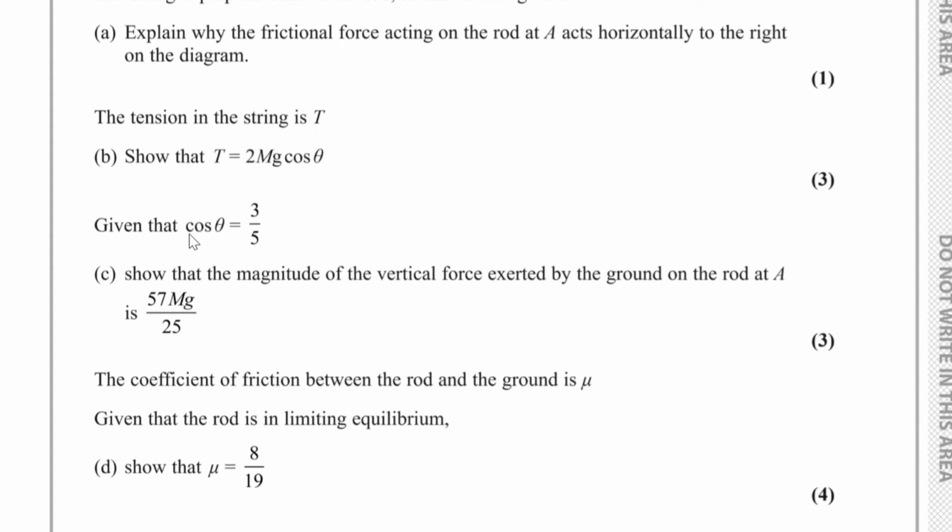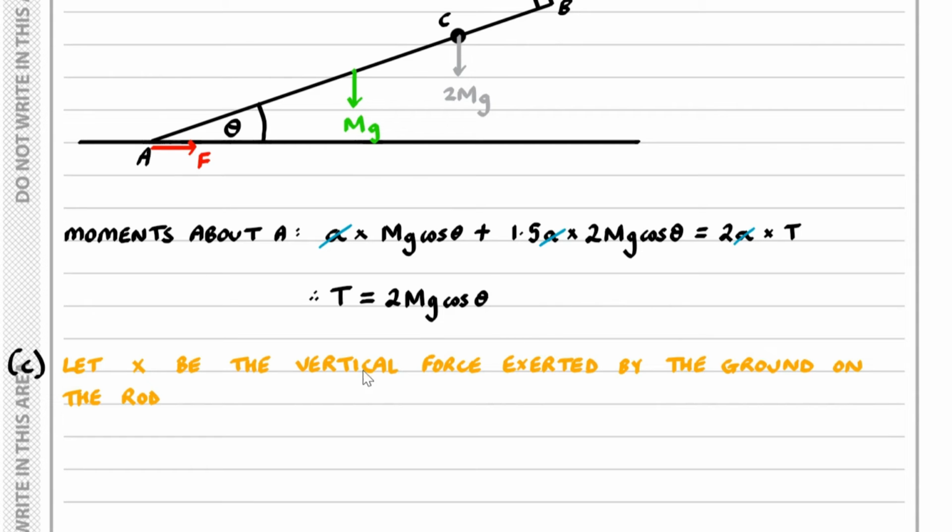Now, for part C, we are given that cos theta is equal to 3/5. We have to show that the magnitude of the vertical force exerted by the ground on the rod at A is 57 mg over 25. So for part C, if we let X be the vertical force exerted by the ground on the rod, that means here at the point A, we've got this vertical force X. What we need to do is find out what X is. And so therefore, if we resolve vertically,